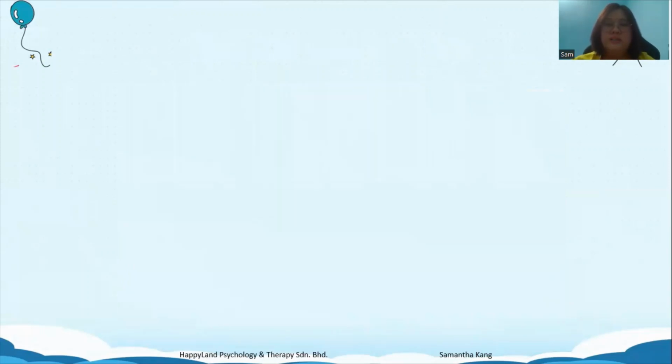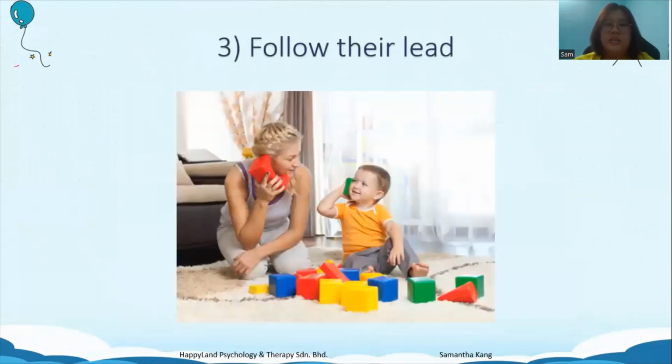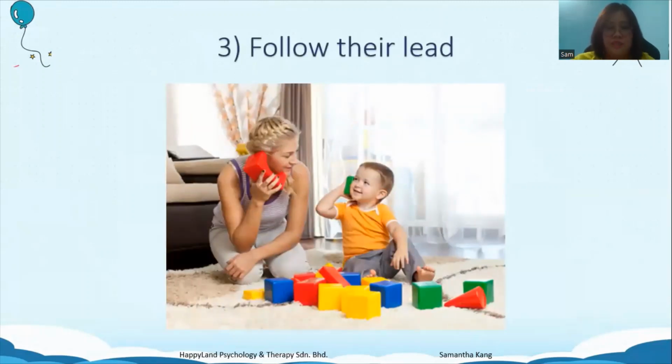Next, the third strategy is to follow the child's lead. Once you gain their attention, you need to follow your child's lead by, let's say if your child take the cube, you also take the cube, and if they throw the cube, you also throw the cube. They bang the cube, you bang the cube. When you start imitating them, you are following them, they actually start to take notice of you, and they will start slowly also take interest of what you are doing, that you are following them, and also they would maintain their attention and interaction with you.